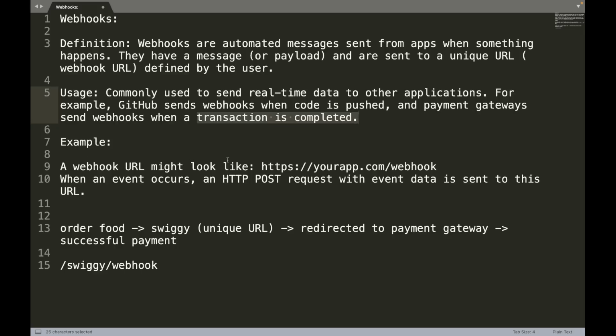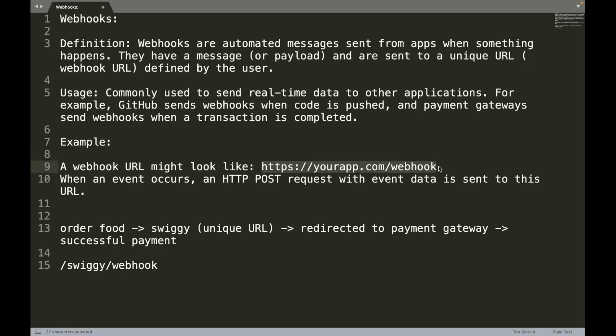Usually a webhook URL looks something like yourapp.com/webhook, and when your event occurs, an HTTP POST request with the event data is sent to this particular URL.